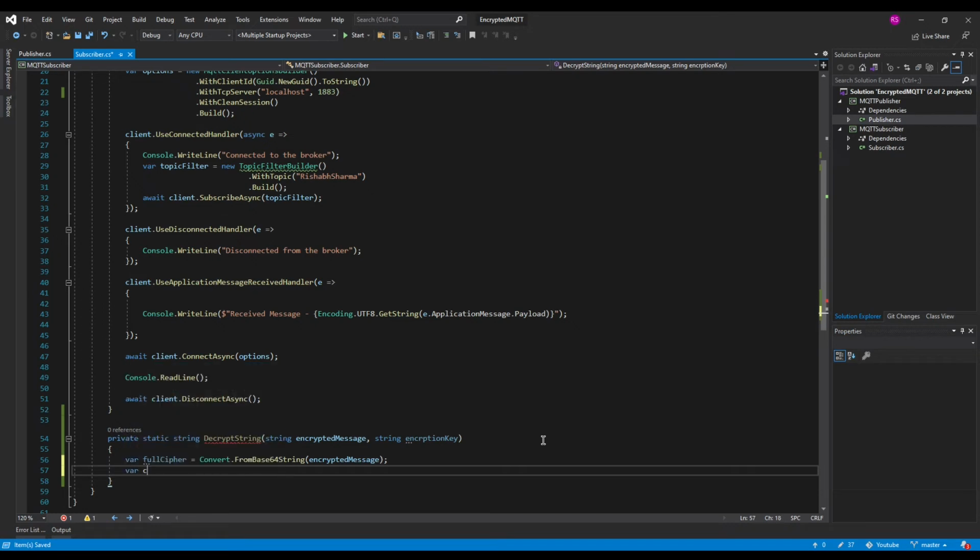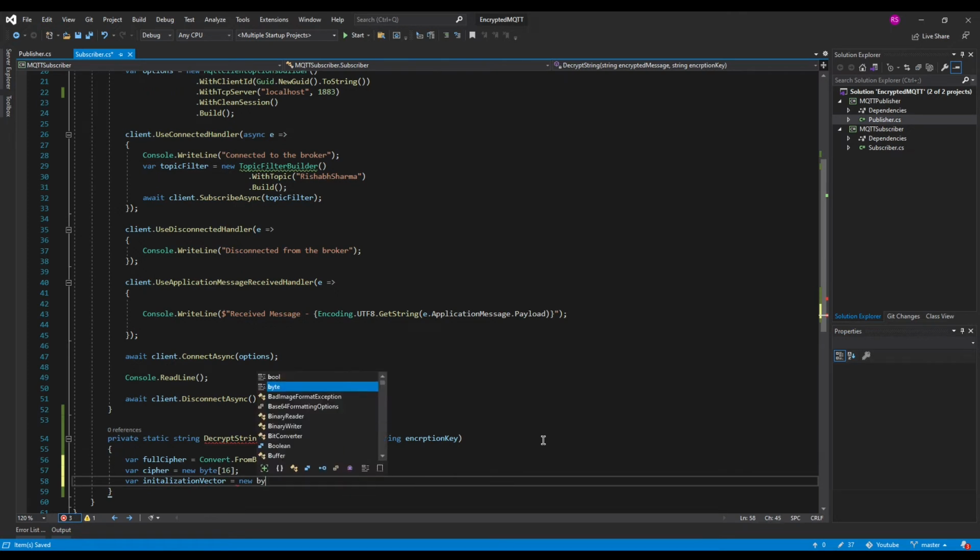Then we will create an instance of cipher, wherein we will create a new byte array and the initialization vector, which will also be a byte array.